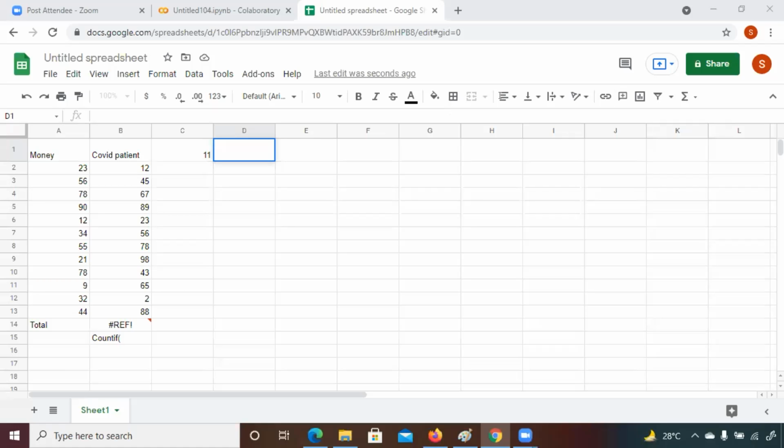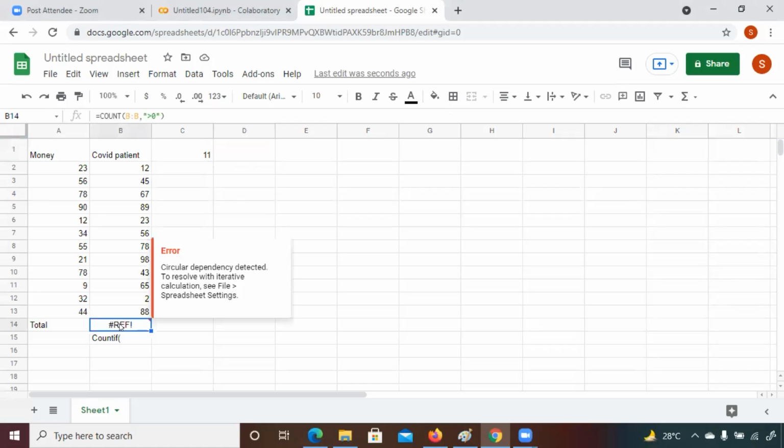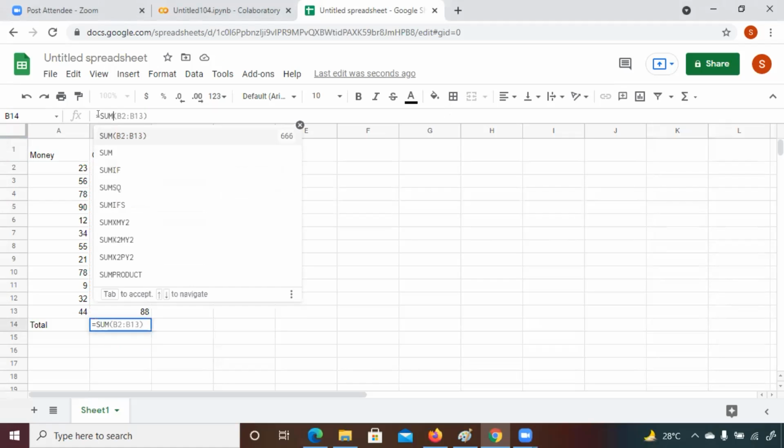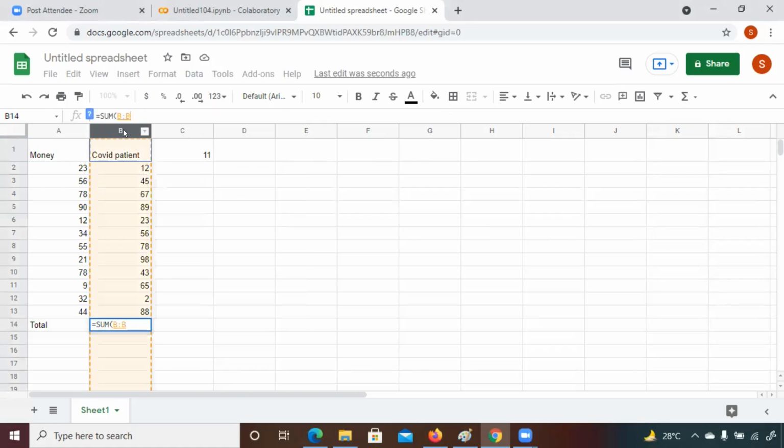Sorry, I forgot to start with me. So here I repeat once again. Whatever formula you want to apply, first you select the cell. Like this is a cell I'm selecting. I wanted to apply here the total count. So I select the cell. Now here I'm writing the formula. Always start with equal to. Let me take the sum here. So as you take sum, now select the column. Now you run this.